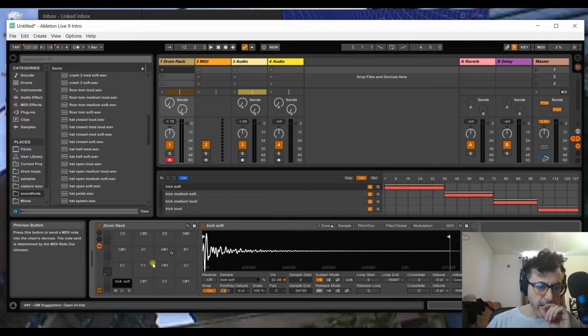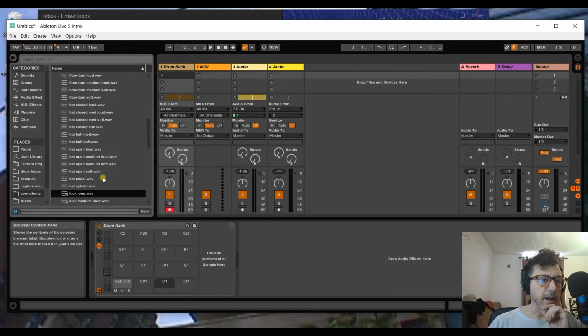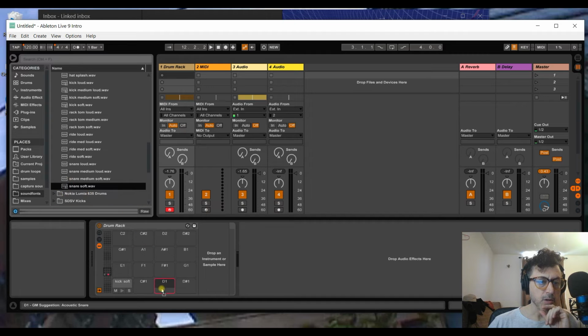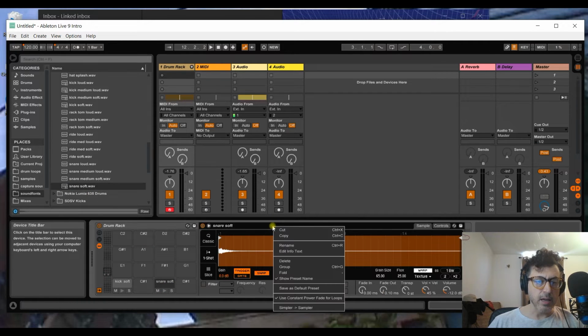Okay, so we'll go into the drum rack and find D1, which is right there. And so what I'm going to do is find my soft snare first. So I'm going to go to snare soft, right there, drag that onto D1. Okay, now what I'm going to do is right click on the sample area, and I'm going to go to